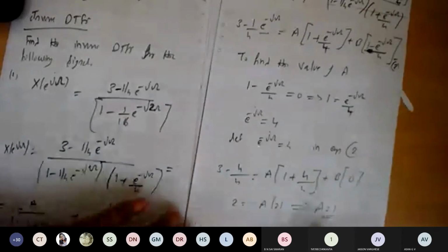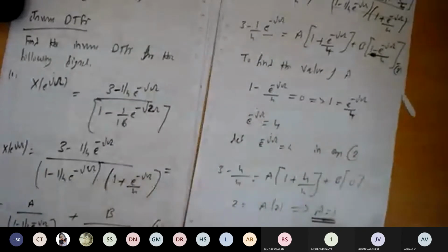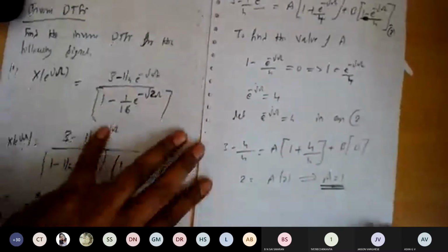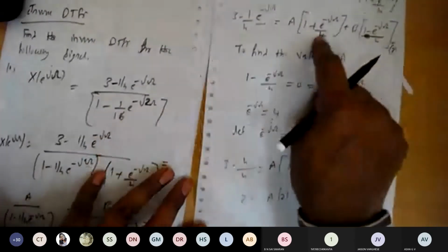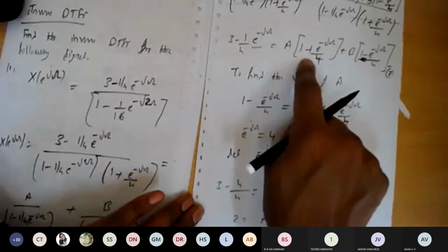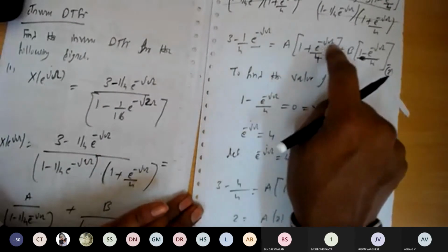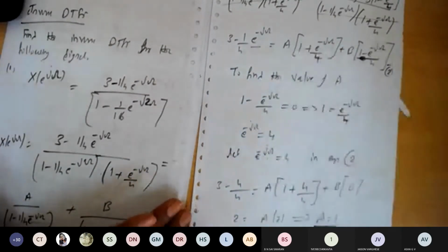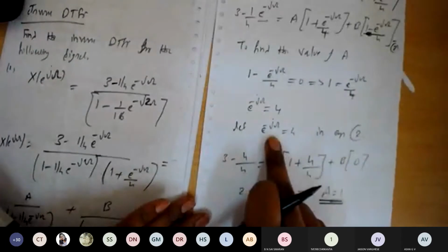So we got the value for a. Similarly, let us find the value for b. In order to find this one, we should make this equal to 0. So let us substitute e to the power of minus j omega equal to minus 4. So this will become equal to 0 here. Okay, so since from the first one I come to know